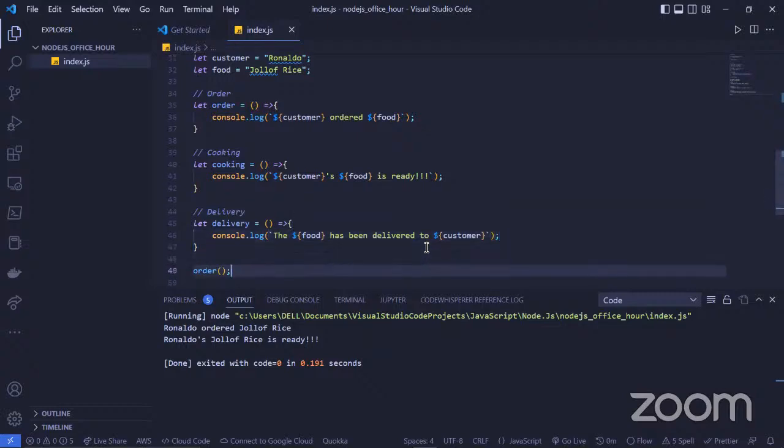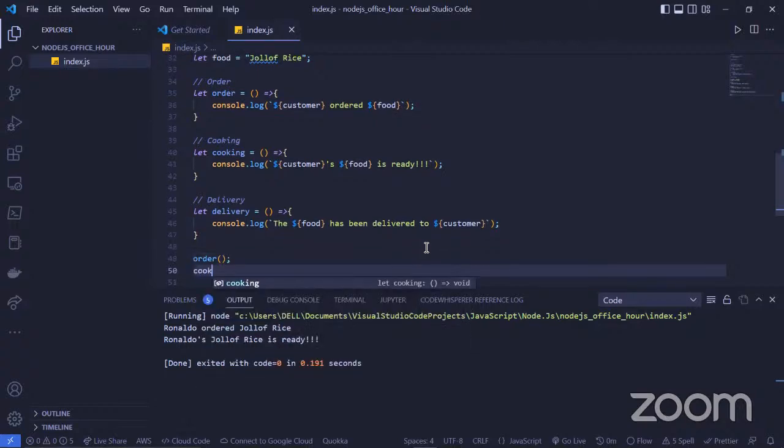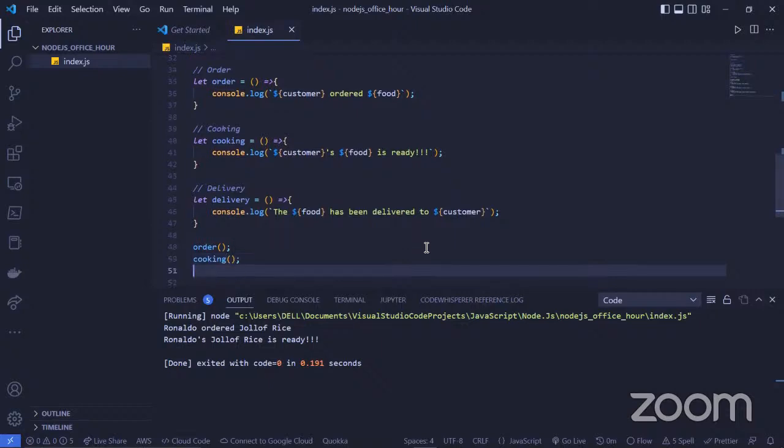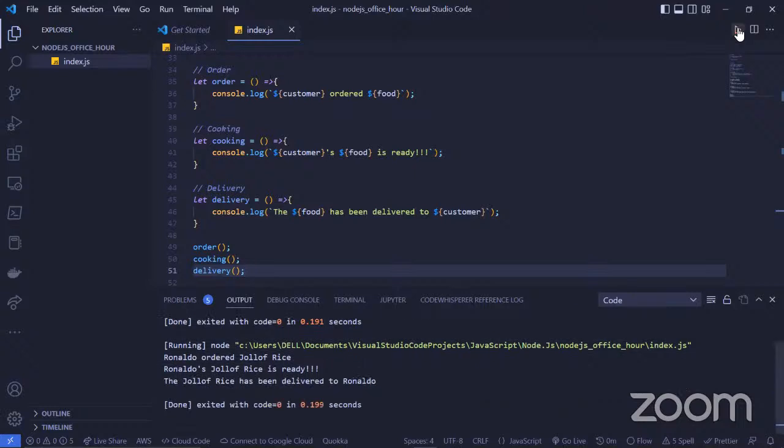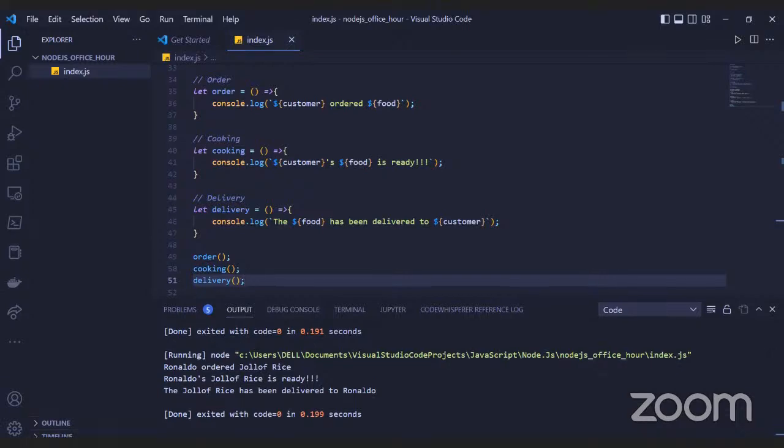So basically, if we want to run this code initially, we have to do order like we did, cooking, and then delivery. Okay, and then we run this. So you can see the time it takes to run these all three functions, 0.199 seconds. Okay, 0.199 seconds.